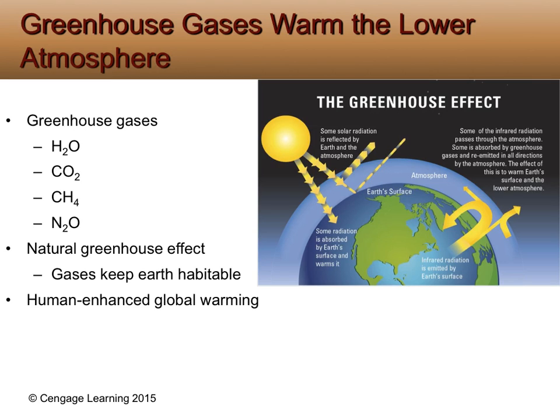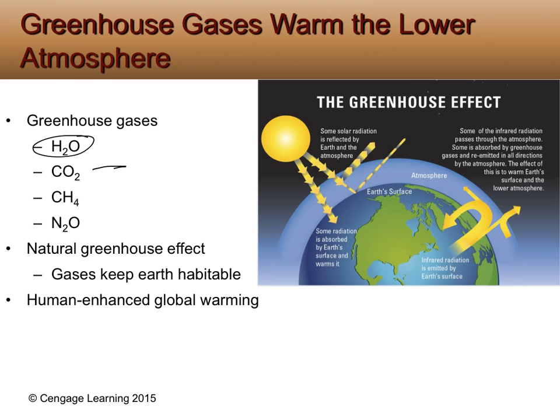What keeps our planet warm are greenhouse gases. It's a beautiful thing because otherwise our planet would be cold all the time. The main greenhouse gas you need to know, actually the most prominent, is water vapor. If you think about hot, humid days in the summertime here, a lot of the reason it's warm is because that water holds heat. And as it holds heat, it gets warmer and warmer and warmer.